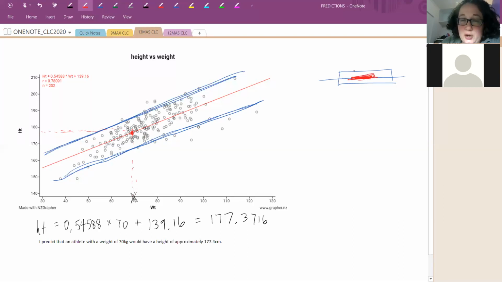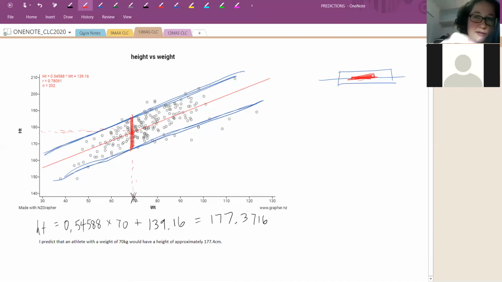So this is essentially what we're doing again. We're saying, well, this is a range in here. And because I've got about 95% of my points encompassed within here, I think I can predict that if